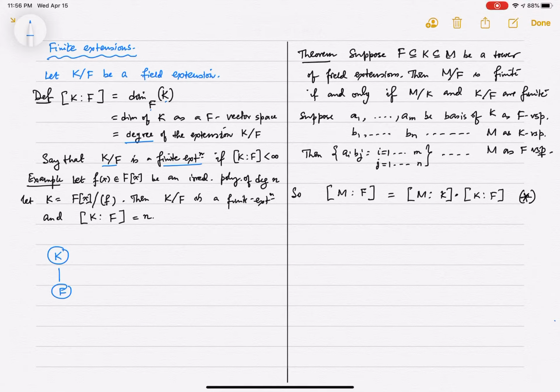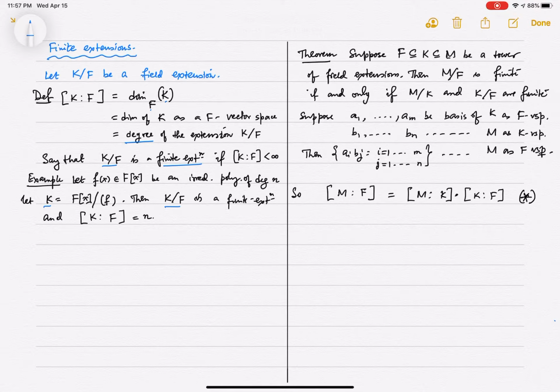An example: you take the polynomial ring in one variable over a field F and quotient out by an irreducible polynomial. Then you get a field K, and this is an extension of F after you have identified F inside K in a natural way. And in fact, if this polynomial little f has degree n, then this is exactly an extension of degree n, because